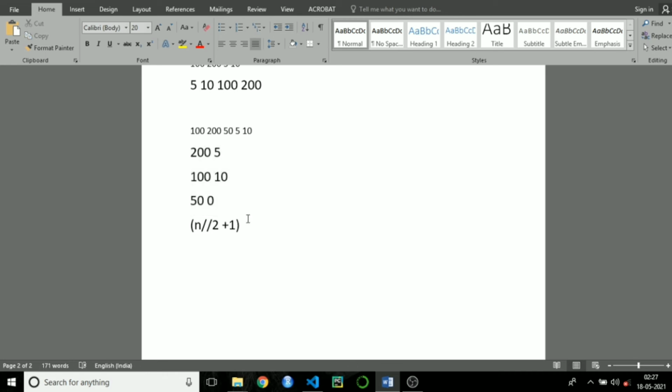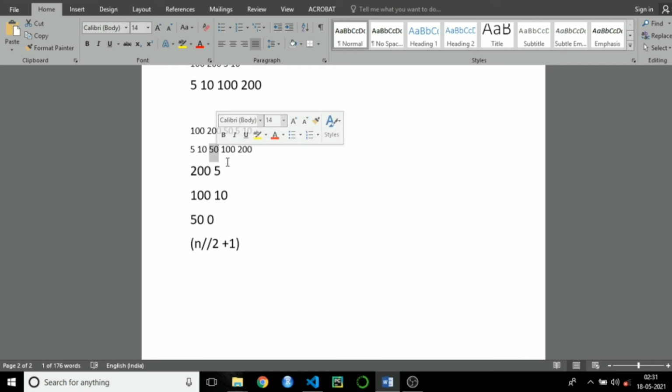One more thing I need to include here is, once I sort, this list will look like 5, 10, 50, 100, then 200. You can see in this sorted list, 200 is paired with 5, 100 is paired with 10, but 50, which is at the middle position, doesn't pair with any element.